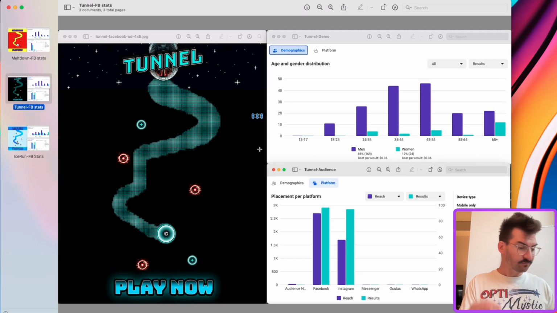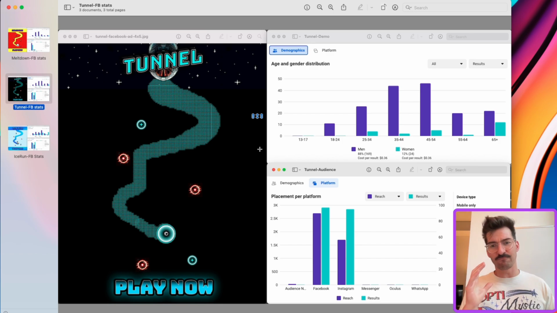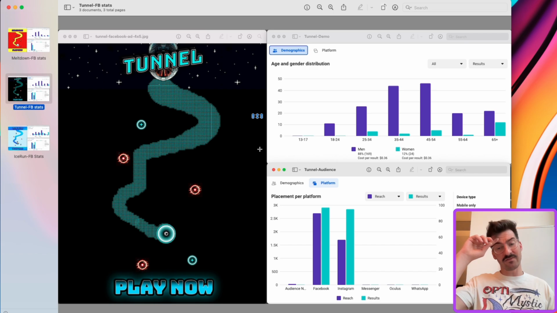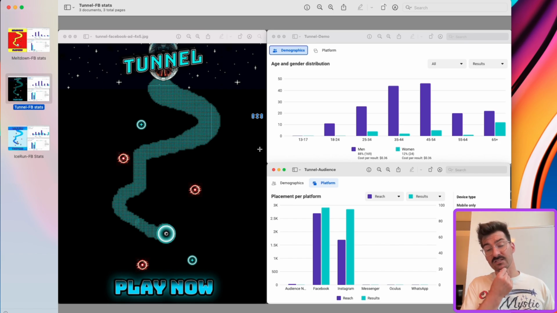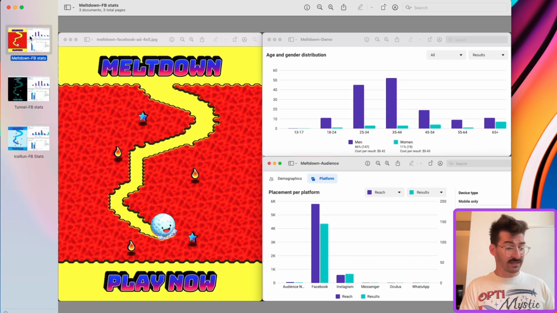For Tunnel, people liked that it was dark and minimalist. And again, this kind of appeals more to maybe that arcade feel, that retro game feel. On the flip side, not as visually compelling. There's not necessarily a whole lot going on in this graphic. So we need the sound design and, again, potentially whatever effects we're throwing in to do a lot of that heavy lifting. And lastly, Meltdown.